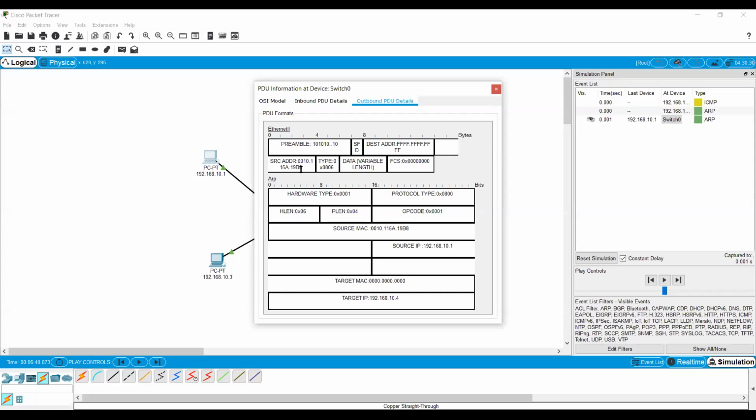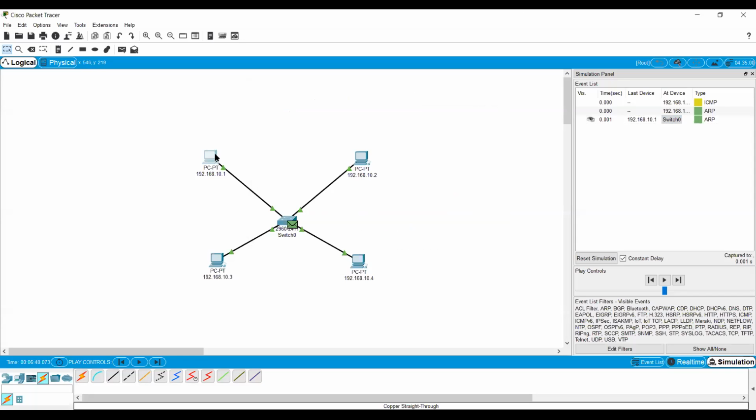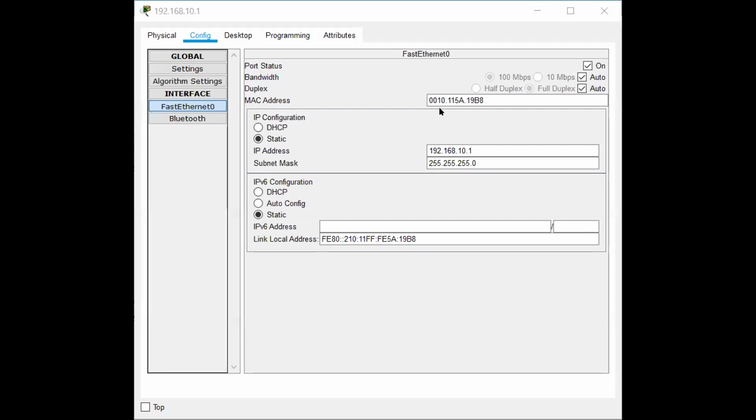Okay, the source address is the MAC address of 10.1. So you can see here, click on this 10.1, go to the config, and you can see that for 10.1 the MAC address is 0010.115.19B8.